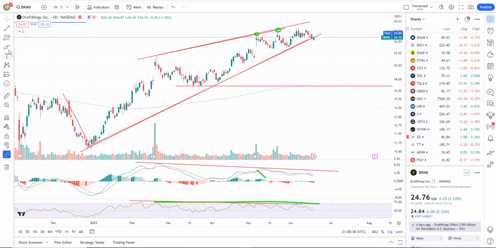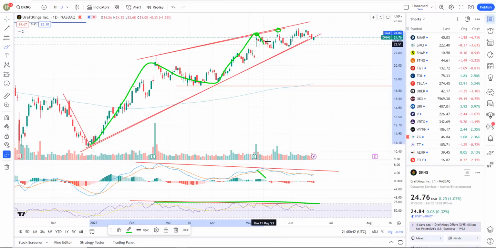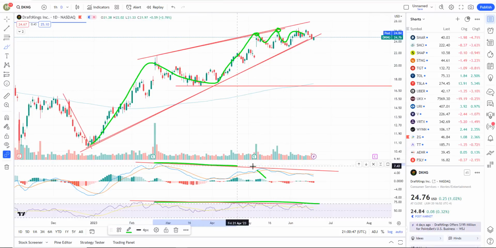DraftKings. On this one, no position yet. You can see here this nice large bearish rising wedge. And it's well defined. You need a sell signal. You have negative divergence telling you you're going to get that sell signal, but we don't have the sell signal